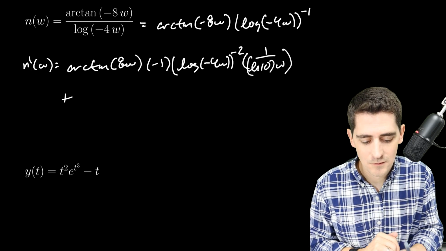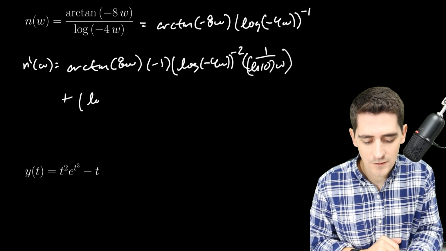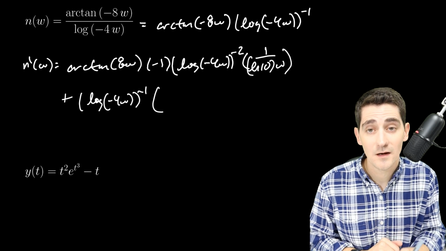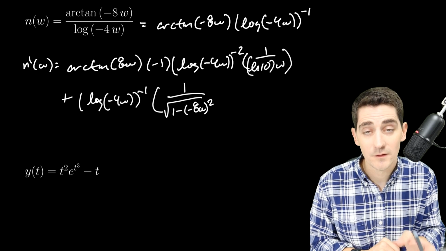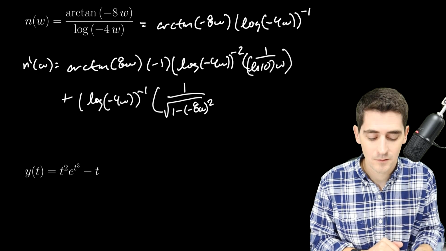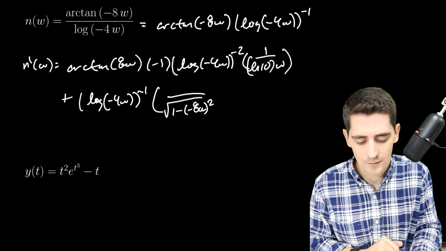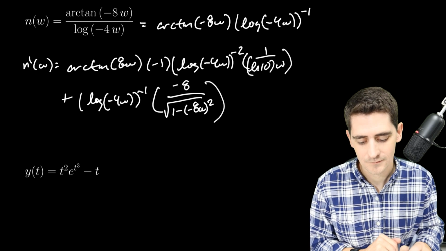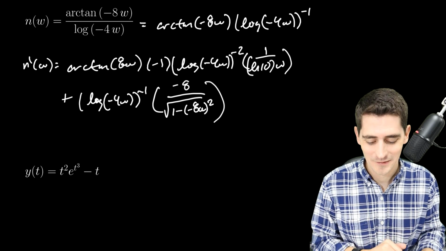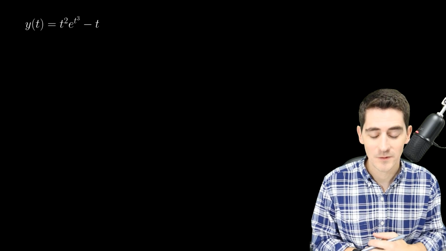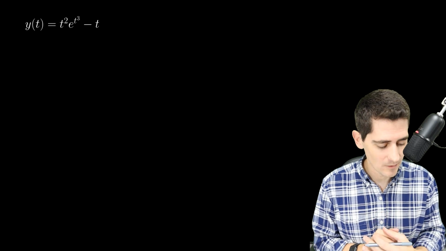Now I need to say d2 d1. So d2 is going to be log negative 4w, all to the negative 1 power, times 1 over the square root of 1 minus negative 8w squared times the derivative of negative 8w, which is negative 8. And I'll just put that in the numerator. Okay. Again, an ugly expression, but here we are. We got it. All right, y of t, this time is